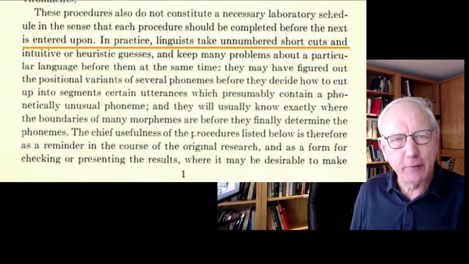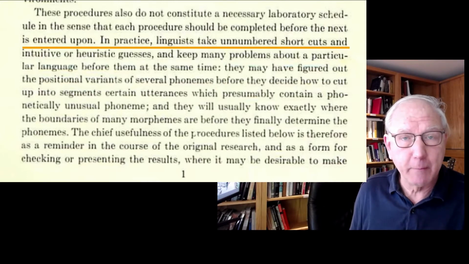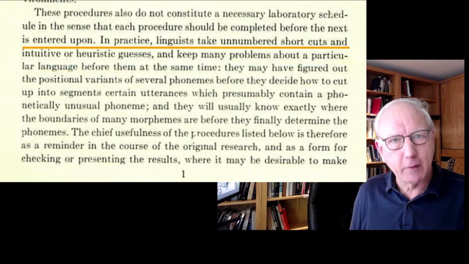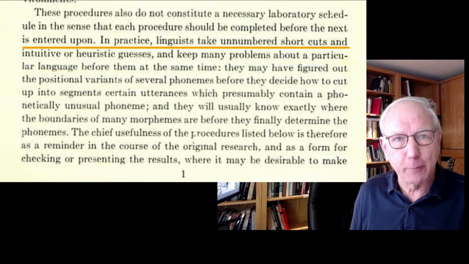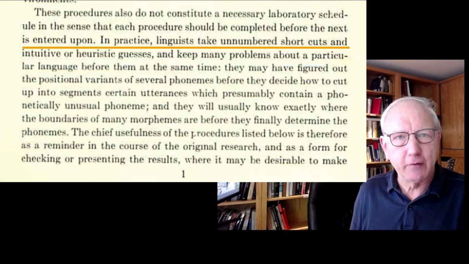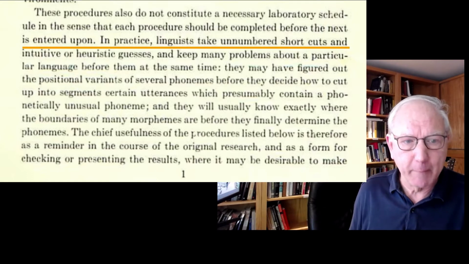He's ordering the procedures in a particular way for the purpose of writing a book and writing something that can be understood by somebody reading the book who doesn't know the contents ahead of time. But the order in which they're presented here does not correspond to a step-by-step description of what a linguist does in starting with zero knowledge about a language and ending up with a full grammar.